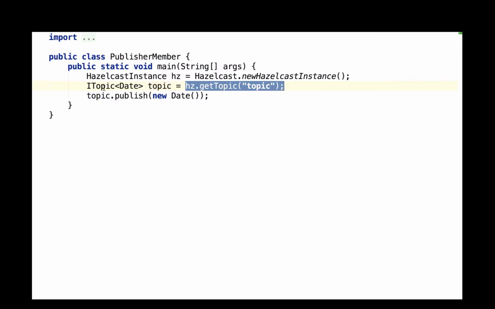It's that simple. You see that you can provide a generic as well for the actual topic. That's the object that's being published. So that can be any object you like, as long as it's serializable, of course, because this is a distributed system. And what you can see here is we're just doing a topic.publish, okay, and we're just publishing a date into a topic called topic. And then on the other side of